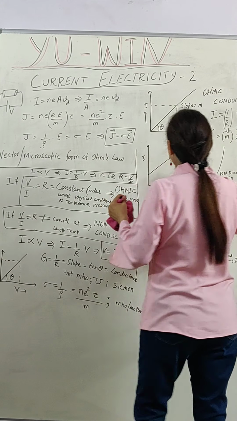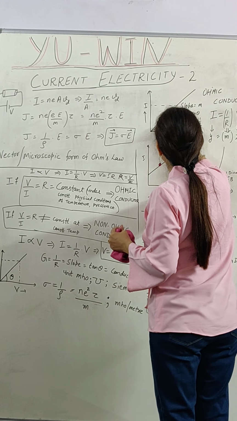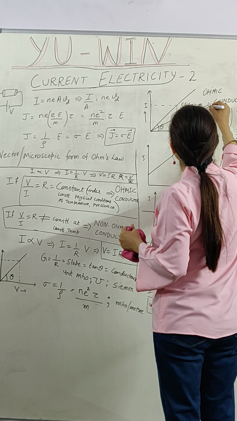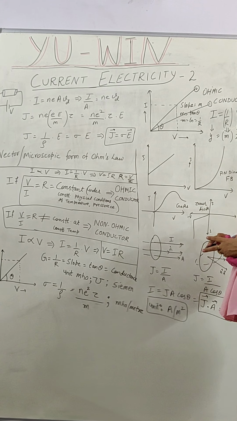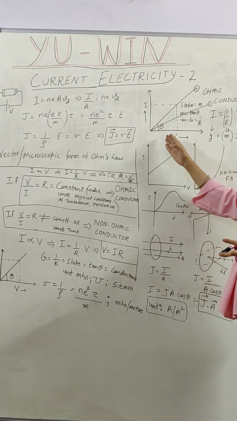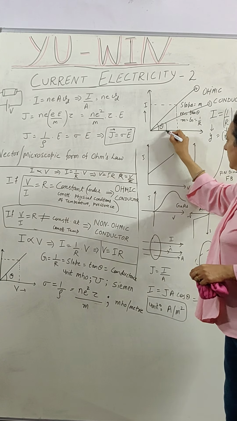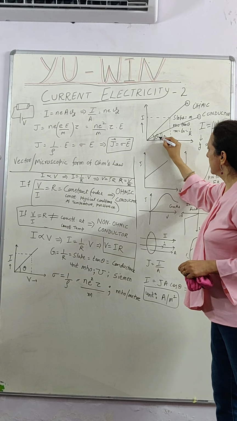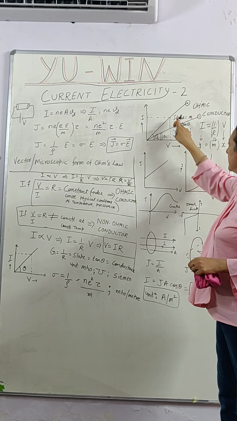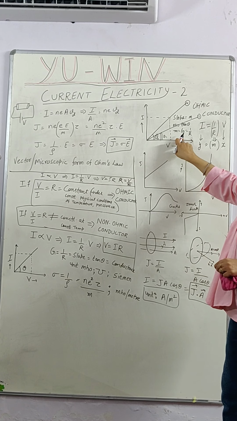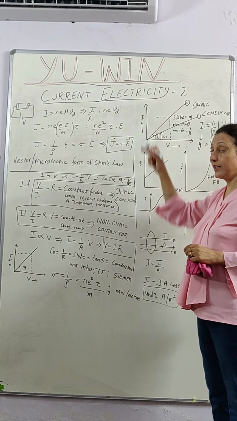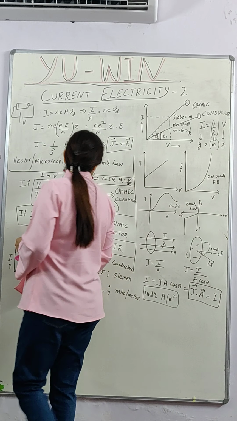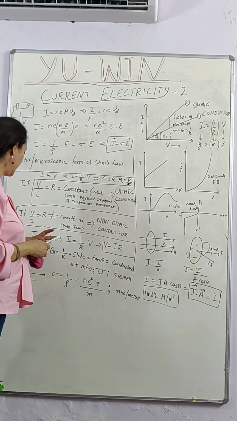We give you two graphs, and ask you in which case the conductance is more, or in which case the resistance is more. So you need to find the angle. This is the angle theta 1. This is the angle theta 2. So theta 1 is less than theta 2, so the conductance of the first is less than the conductance of the second. It means the resistance of the first is more than the resistance of the second. These are very common 1 marker questions that I have asked.